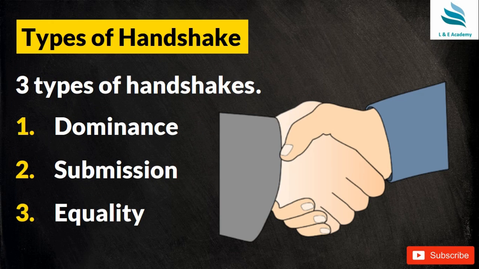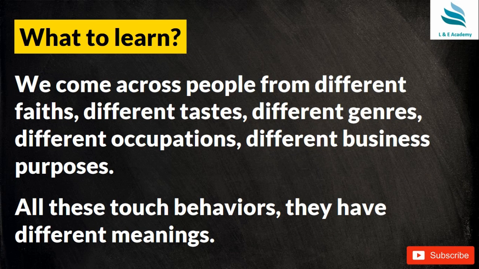There are 3 types of handshakes: dominance, submission, equality. Once a person does a handshake very strongly, it might give you a feeling of the dominance of the other person. Submission is when the other person to whom you are doing the handshake gives you his hand from behind or below your hand. That is a form of submission. And once you are doing a handshake with your friends, you do it equally. That shows the sign of equality. So every type of handshake also gives the sign of dominance, submission, or equality.